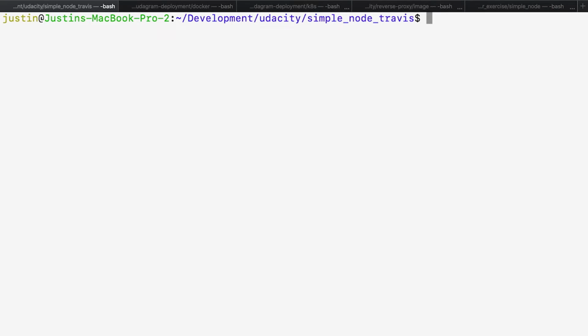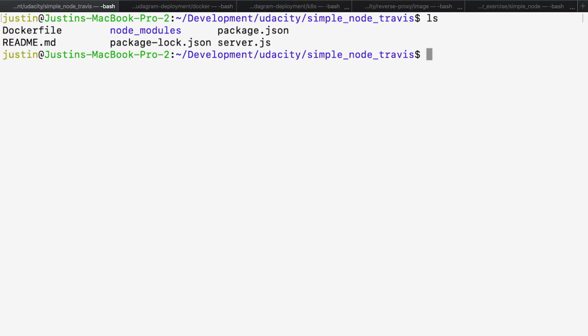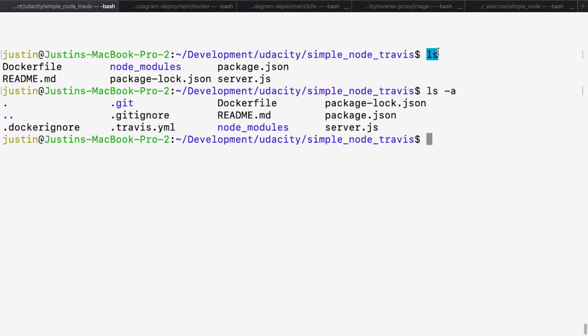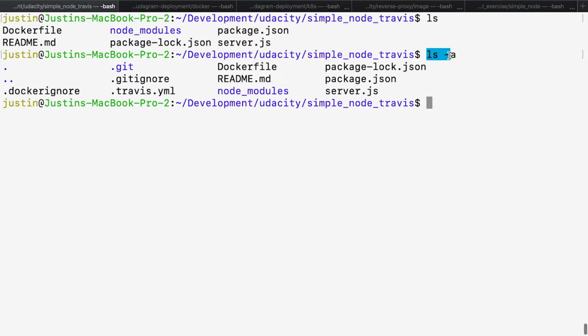So let's start off by taking a look at what a Travis file looks like. You can see that when I used the command ls, nothing came up. Well, the Travis file didn't come up, but when I used the ls -a command, you can see that the Travis file showed up. It's because that Travis file is prepended with a dot in the front, and that is telling the command line to hide it unless we explicitly ask for every file to be shown. So if you don't see your Travis file in your directory and you know you made it, don't be worried.